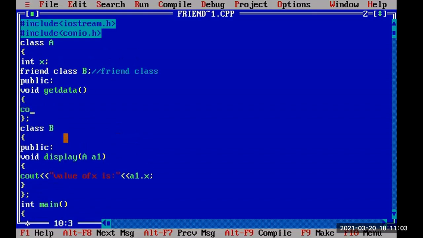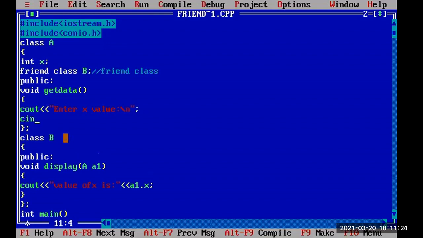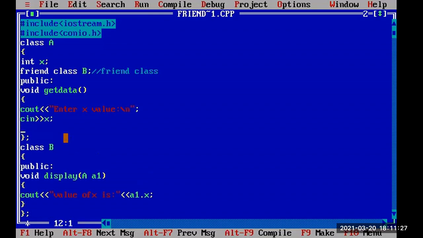So here cout, enter x value, with a newline. Yeah, cin x.